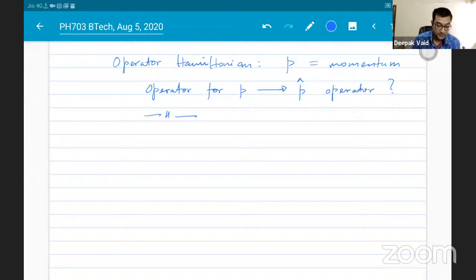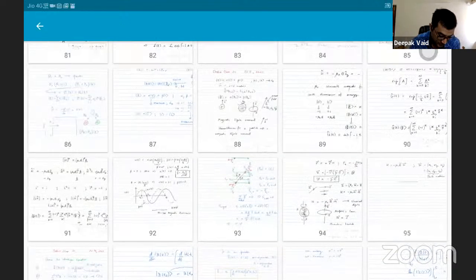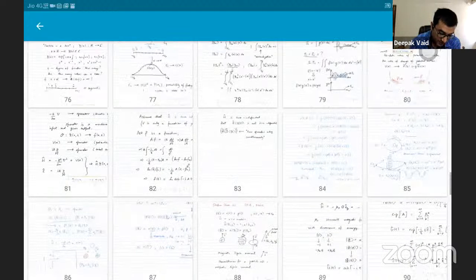Similarly, there will be an operator for the position. So we have to understand what is the operator for the position. Now here, what we will do is, I have talked about the transition from continuous to discrete to continuous systems, though you might have forgotten a bit. So let me just remind you